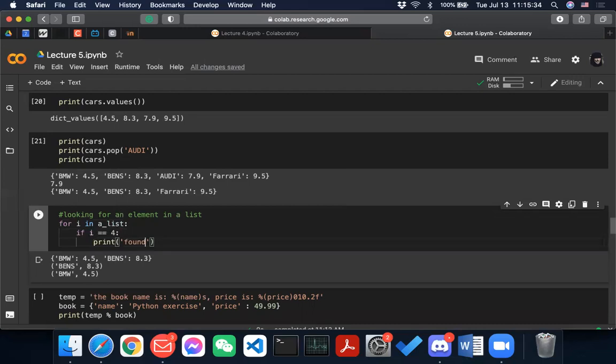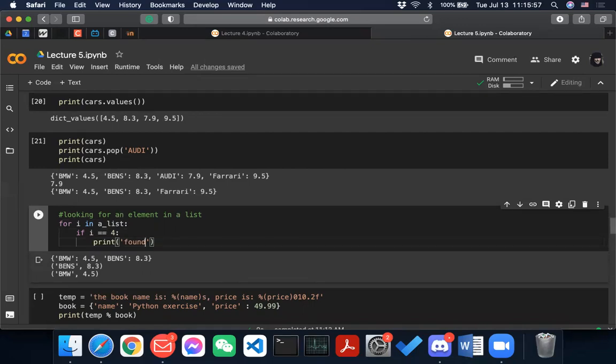If you're trying to look for something in a list in a normal way, you basically go through the entire list and check if it exists, and the length of that list will be the time complexity.